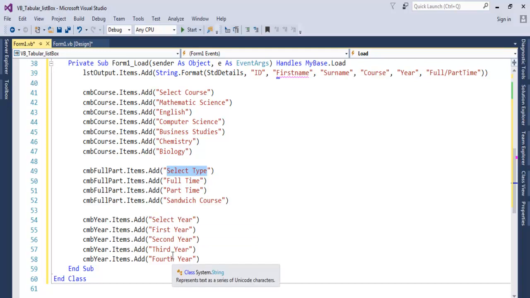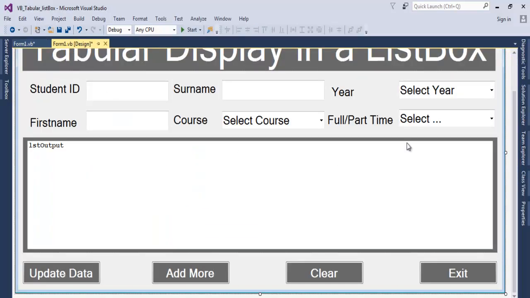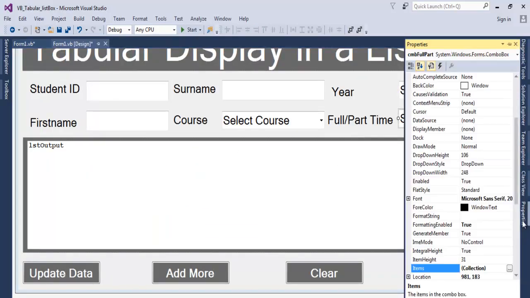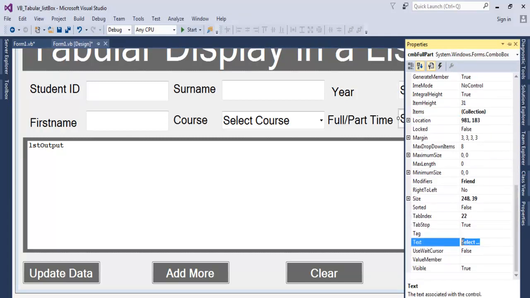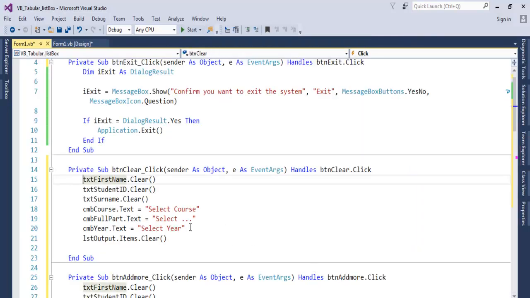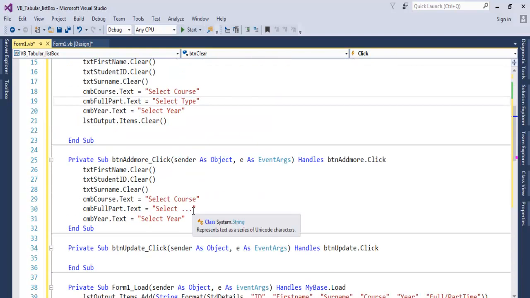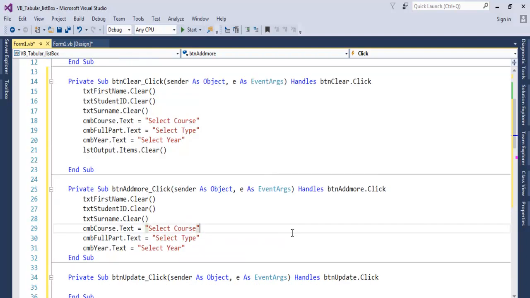Okay, and this is for the year. Since this is changed to type, so let's change the text in here to type. Select type, and that means clear we have to be changed to select type as well, and the other one here we have to be changed to select type there. So that is taken care of. Have a look at it. Clear and add more